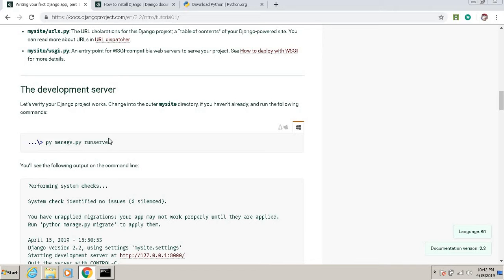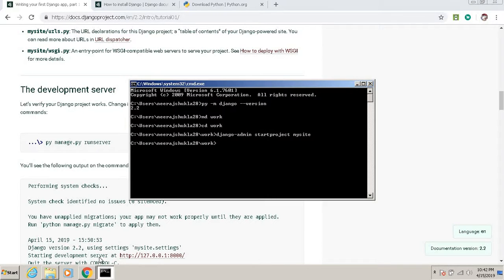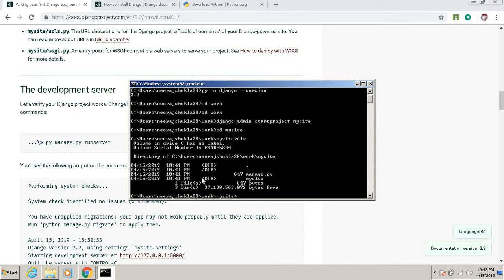Okay, so in order to run this command, I should be inside change directory my site. Why? Because if we see the directory dir, you will find manage.py is here. So I'll say py, because I want to run a py file, manage.py space